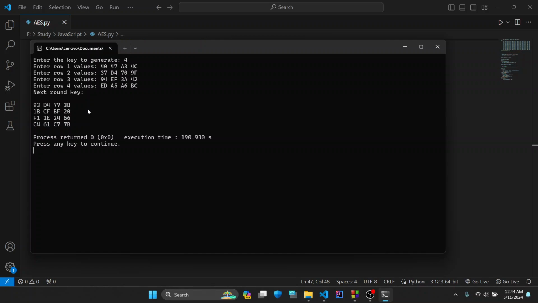These values were obtained by performing XOR operation on the first column of the next round key and the second column of the original matrix, similar to the first column. The third column of the next round key is F1 1E 24 66. These values are obtained by performing XOR operation on the second column of the next round key and the third column of the original matrix, and the fourth column of the next round key is C4 61 C7